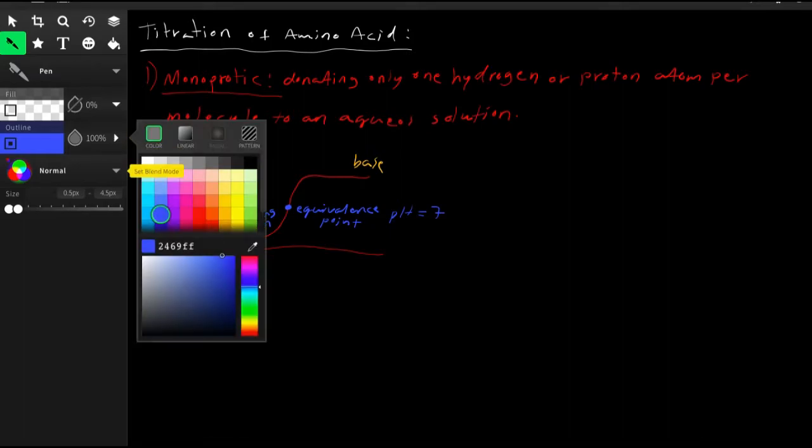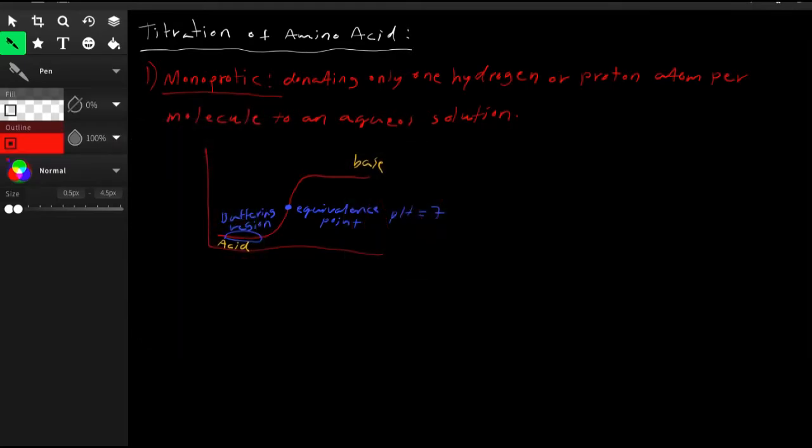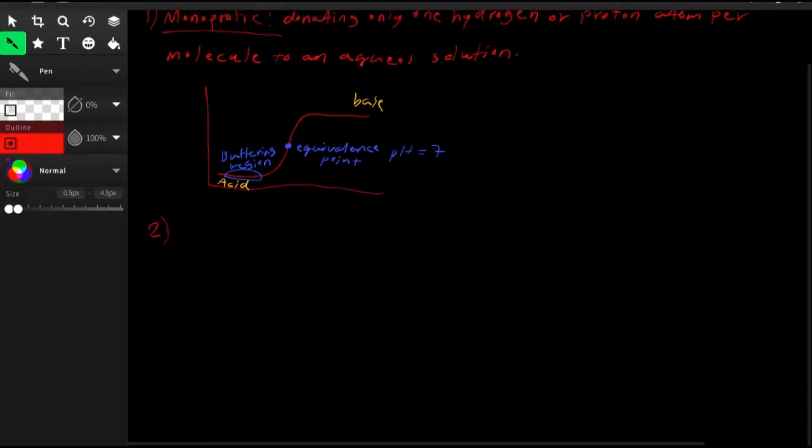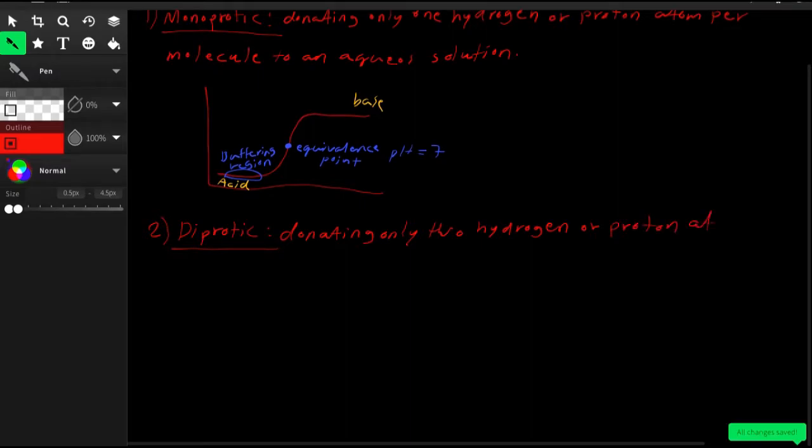The second type is the diprotic. Donating two hydrogen or proton atoms. Example of this, we're gonna have two equivalence points at this time,